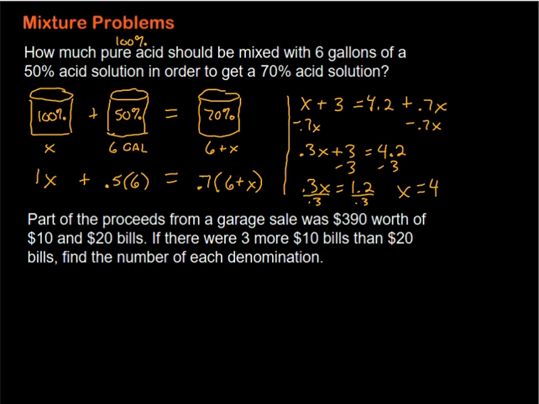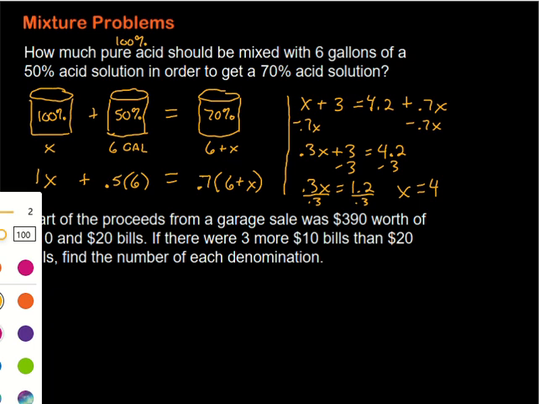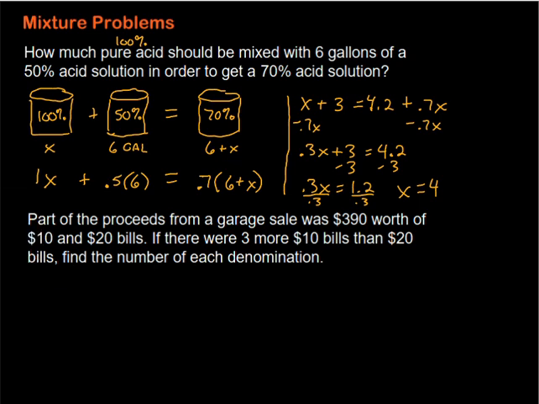So for the second one, we have a garage sale, and they made some money, $390 with $10 and $20 bills. Okay, so what do we know? It says if there were 3 more $10 bills than $20 bills, find the number of each denomination. So I'm going to start by organizing that information. So we've got $10 bills and we've got $20 bills. Okay, we don't know how many of either one, but it does tell us there's 3 more 10s than there